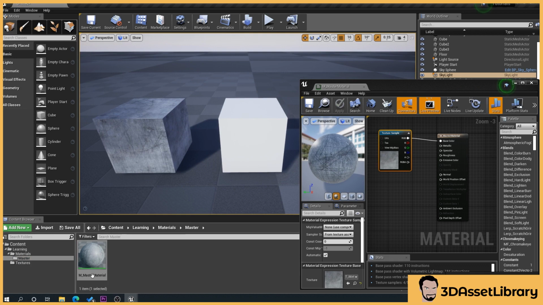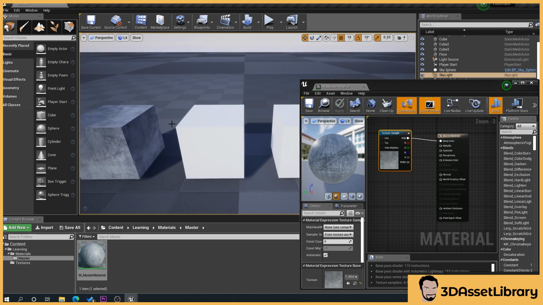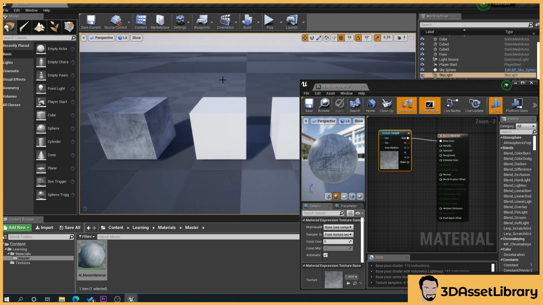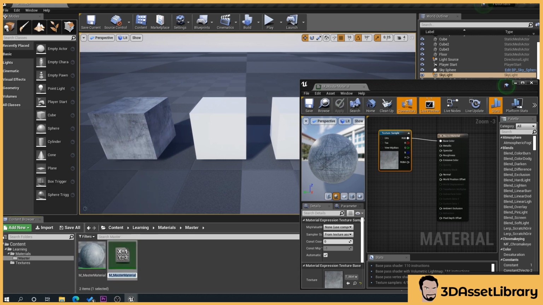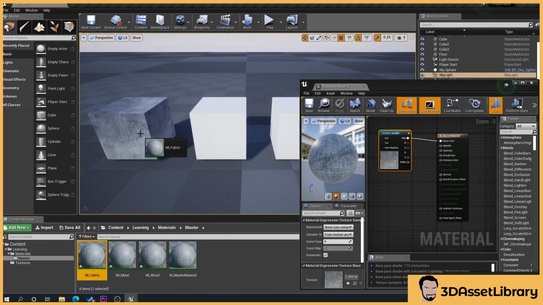The trouble with this is obviously you can duplicate this, create it, duplicate this, and so on, for all three of these, or for 500 textures, materials, whatever. But if you need to make an edit to all of them, you would have to go through 500 materials to edit it. So this is where an instance comes in. What we'll do is right-click, material instance, and name it MI wood, and we'll create two more, MI metal, MI fabric. So what we can do is drag that onto each.